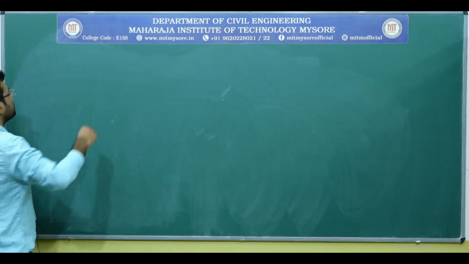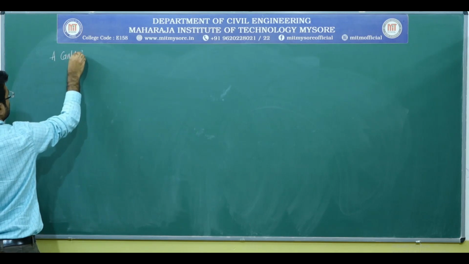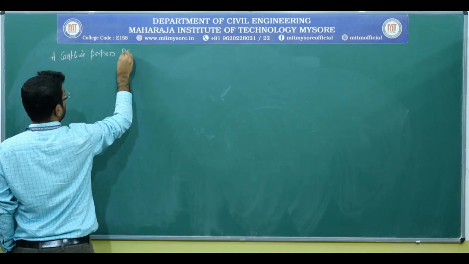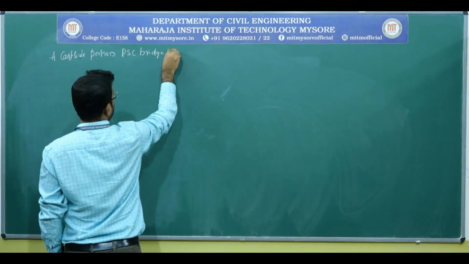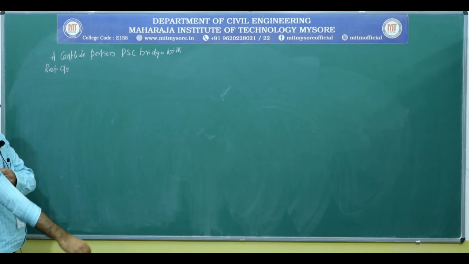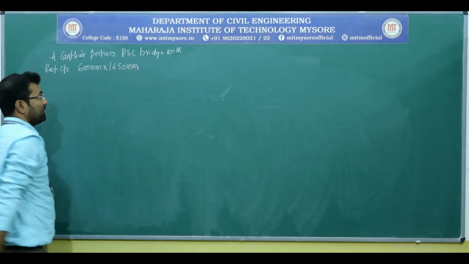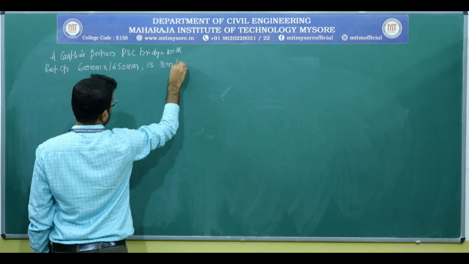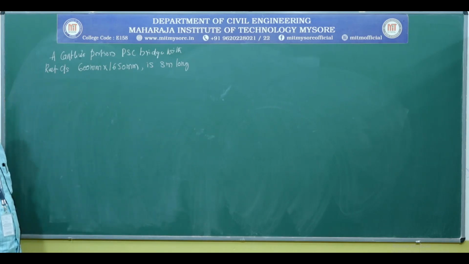A cantilever portion of a PSC bridge with rectangular cross section 600 millimeter into 1600 millimeter. The length of the cantilever beam is about